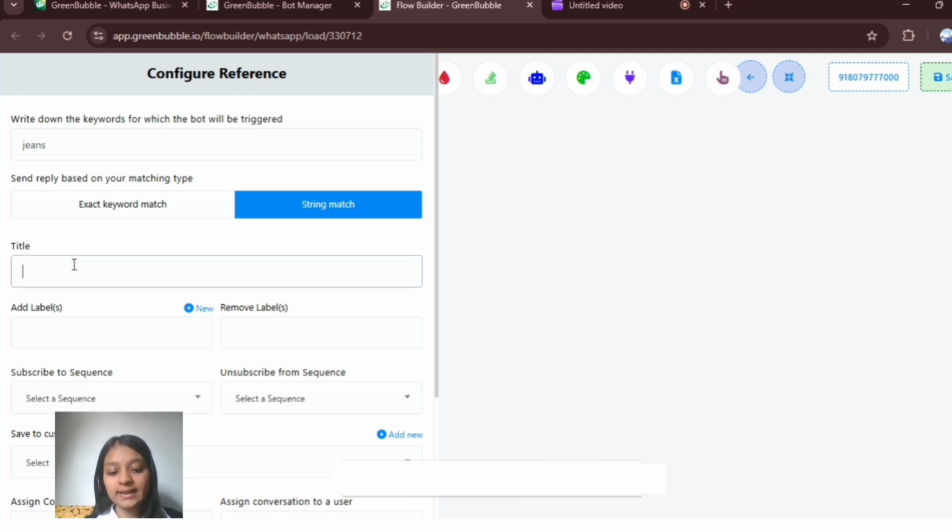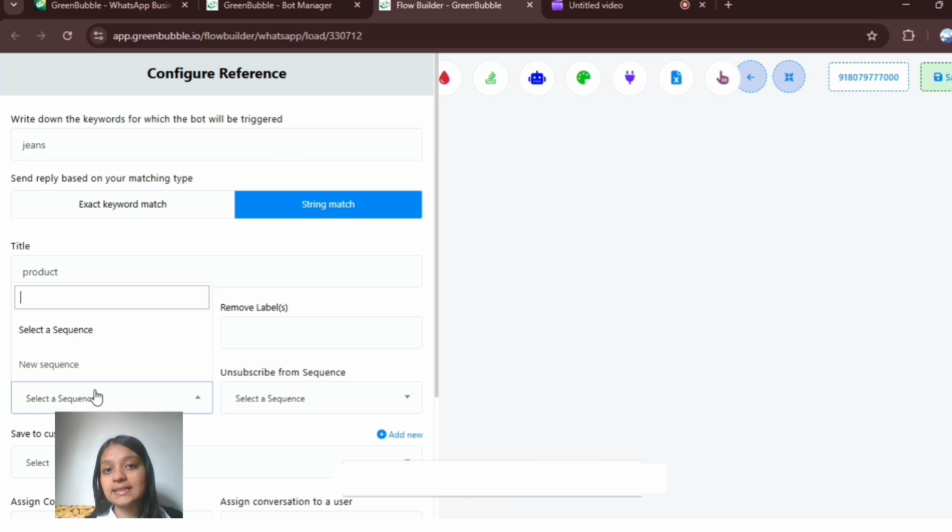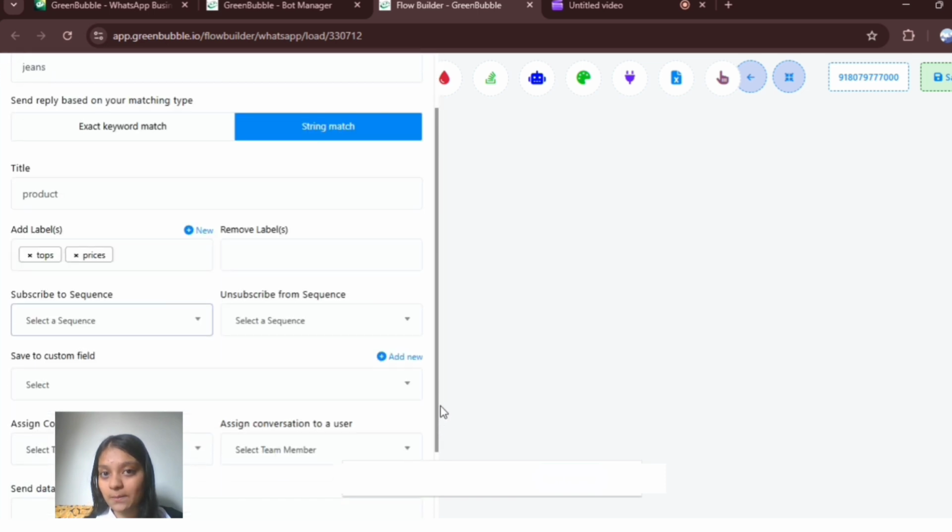For title, I can simply enter product, and for labels, we can enter jeans, tops, and prices, anything. And for sequences, we need to create them separately from the way we are creating bots. So we can just save it and your WhatsApp bot is ready.